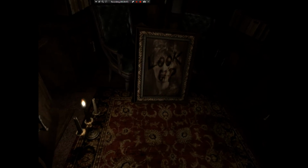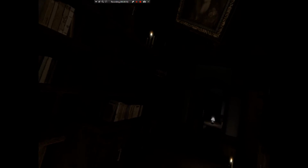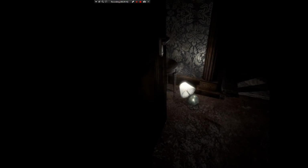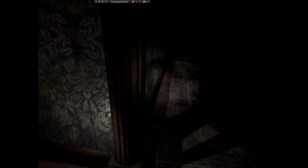Okay, we're locked in. It's gonna go dark pretty soon, I'm sure of that. Oh, okay, yep. Creepy. Yep, float them. Okay, we unblock our path. Yeah, this is kind of like your haunted house sort of deal. Okay. I am genuinely curious to see how long this is. I would imagine it's fairly short just because